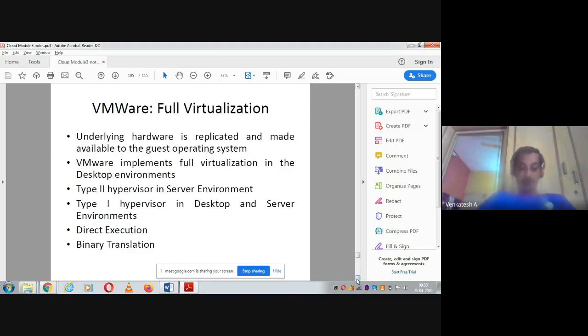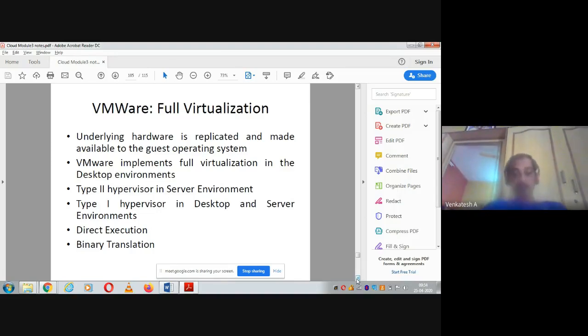Most of the time it uses a type 2 hypervisor for server environment, but type 1 can be used for both desktop and server environments. So if you are using a server system, you have a choice, either type 1 or type 2 hypervisor. But if you are using a desktop system, then it is compulsory to go for a type 1 hypervisor. So VMware supports both type 1 and type 2 hypervisors.